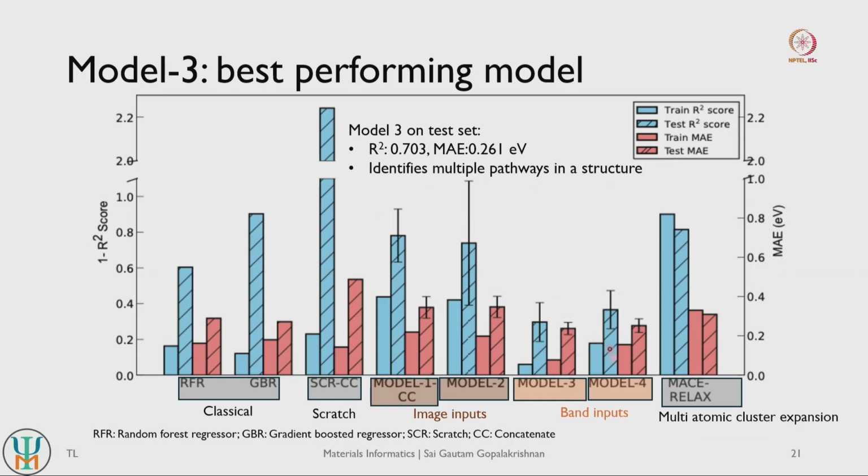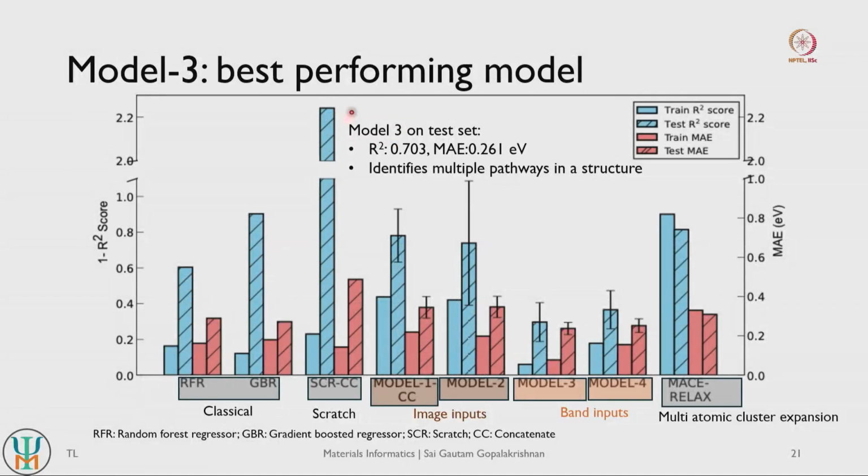So the second best performing model is actually model 3 with attention, or model 4, but we have best performance with our model 3. In terms of statistics, we see that model 3 has about 0.7 in terms of R2 scores and mean absolute errors of about 0.26 eV. These statistics are not the best, but they will likely improve with more data points that we can generate for our migration barriers.